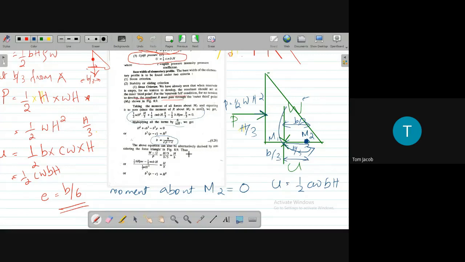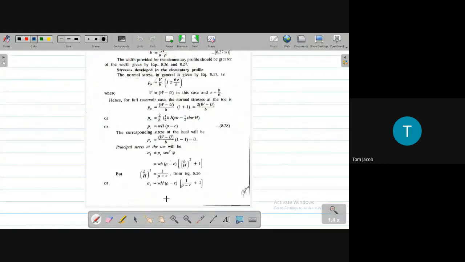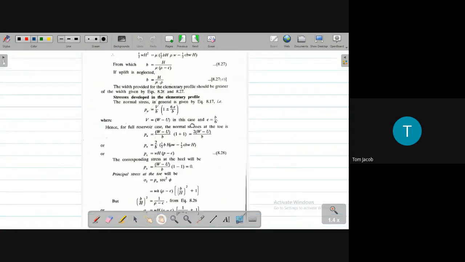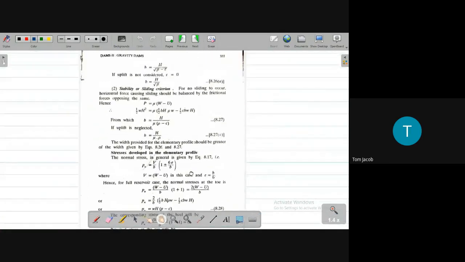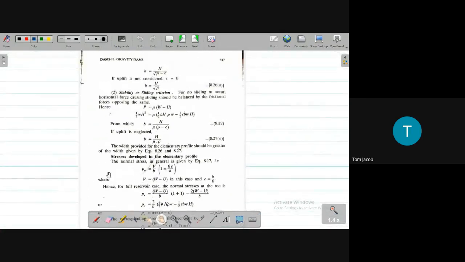Okay, now moving on. Next, in the same equation, when we do not consider the uplift, that is when C is equal to 0, uplift coefficient is equal to 0, we have B is equal to simply H by root of rho. Okay, the actual equation is B is equal to H by root of rho minus C, and when we do not consider the uplift, we have B is equal to H by root of rho. Now next we are going to calculate